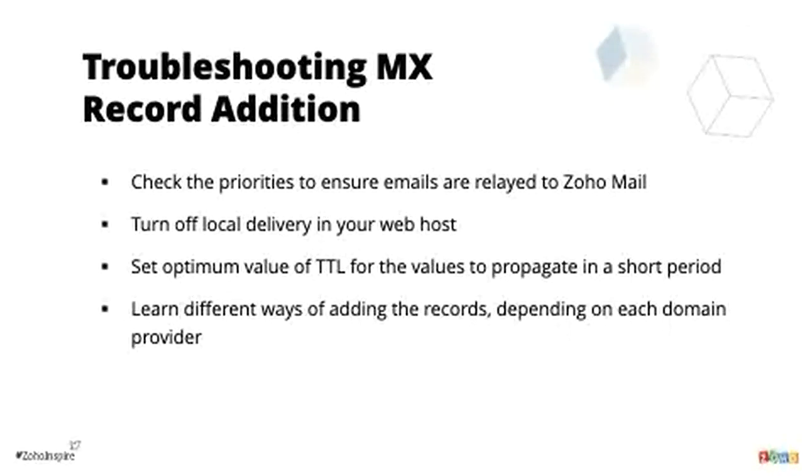In your web host, sometimes what happens is local delivery is turned on, and your web host thinks that the email should get delivered internally. When that is tried, the emails are not routed to Zoho Mail specific servers. So make sure that you have remote delivery turned on in your web host. That will tell your web host not to deliver the emails internally and to try to deliver the emails to an external server. The others are very similar to the troubleshooting steps that you had for domain verification.